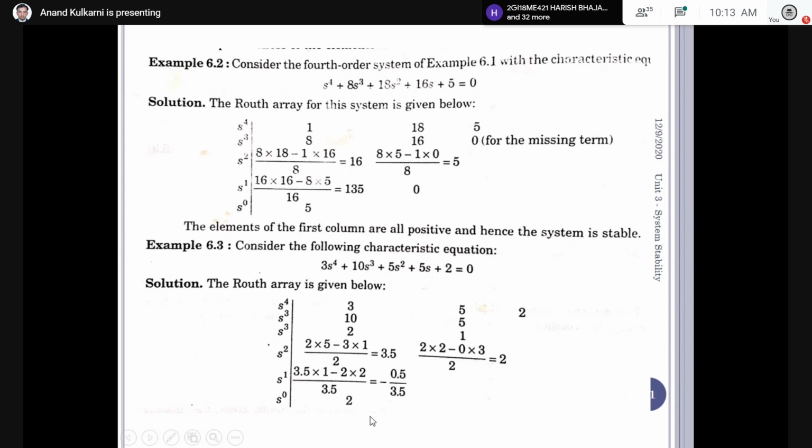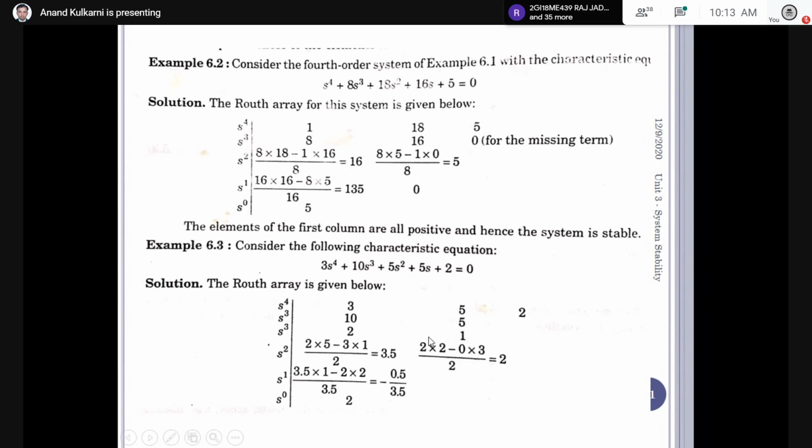Then the last row: minus 0.5 into 2 divided by 3.5 into 2, minus 0 divided by the same quantity, becomes 2 only. See here, this is positive, this is positive, this is positive, this is positive, this is negative, and this is positive. So that means as one of the elements in the first column of the Routh array has become negative,